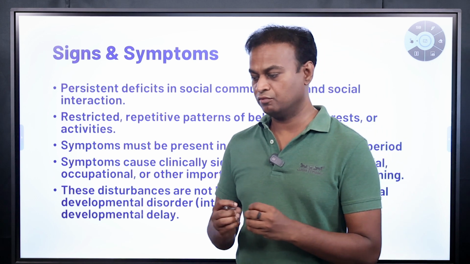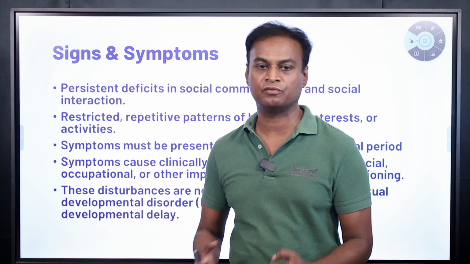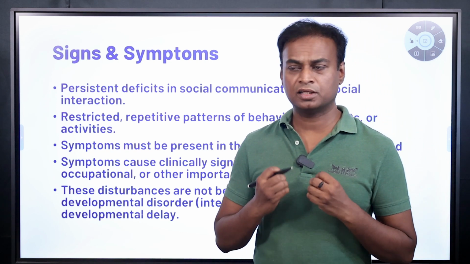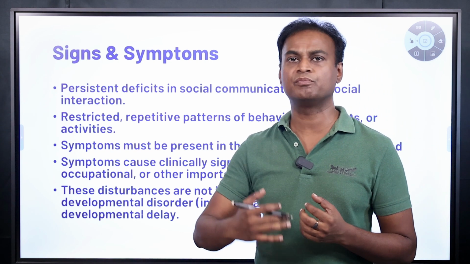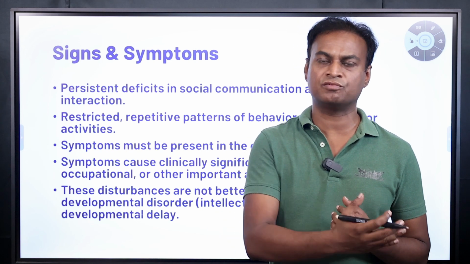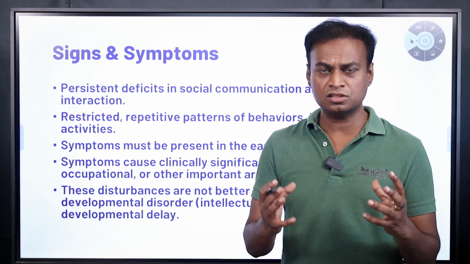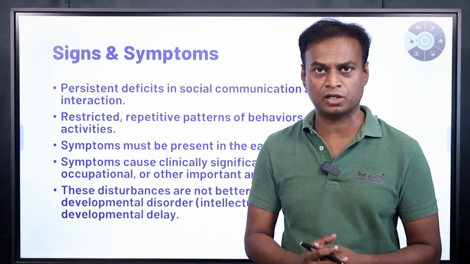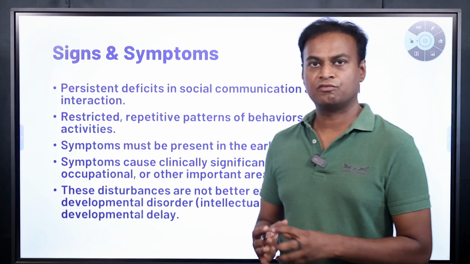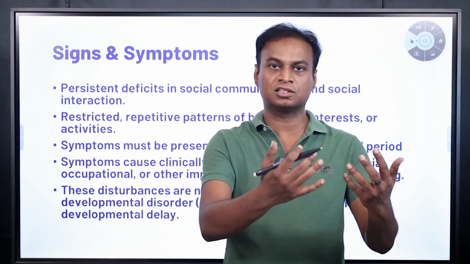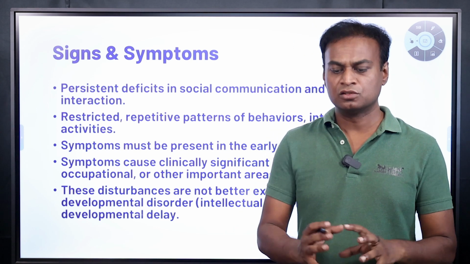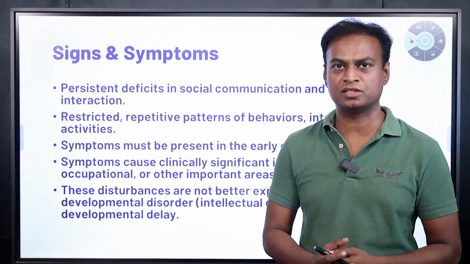When you are with other kids, you have to behave differently. When you are with your father, you have to behave differently. And when the kid sees a stranger, he has to behave differently, right? He cannot be as close with a stranger as he is with the father or mother. These people are not able to understand these contexts. They cannot differentiate between the social context of playing with other kids, playing with elders, playing with their peers, or playing with kids who are junior to them.